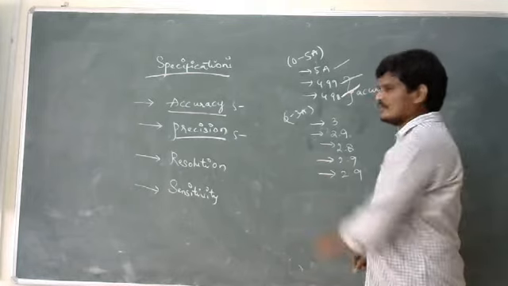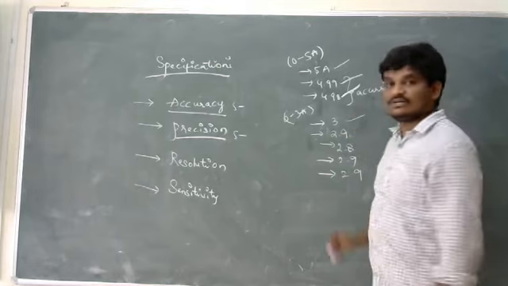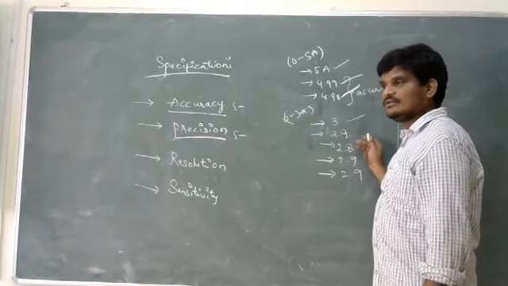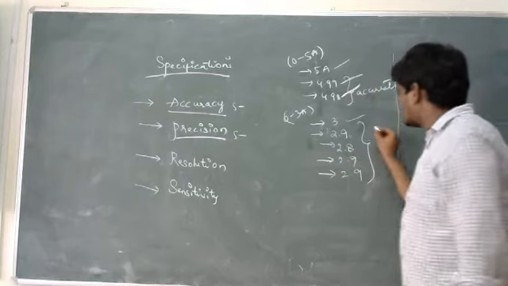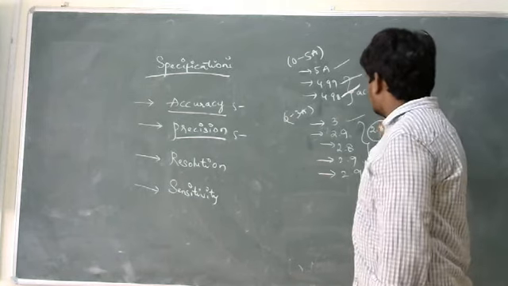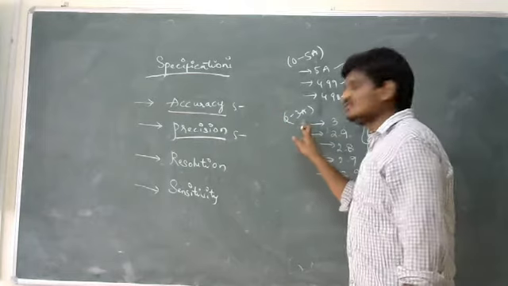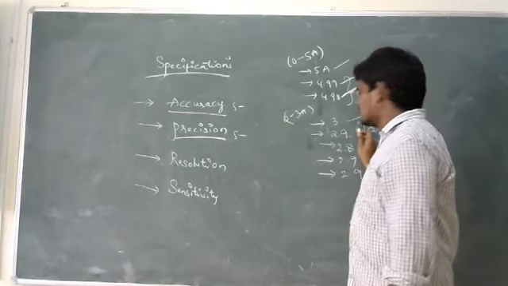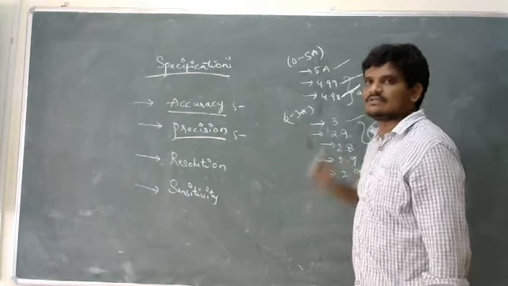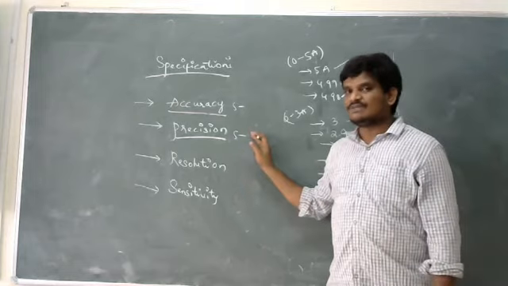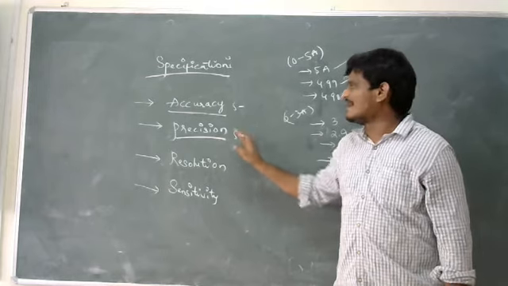You see the variations in the values. I am using an ammeter which has a range of 3 amps. At first it shows the accurate value, 3. The next times it shows 2.9, 2.8, 2.9 and 2.9. The most repeated value out of all these 5 times of the experiment is 2.9. This 2.9 is called the precise value of that particular instrument which has a range of 0 to 3 amps. This 2.9 is the most repeatable or reproducible value of the given instrument. I am going to give the definition for precision again. The most repeatable or reproducible value of the given instrument is called precision.